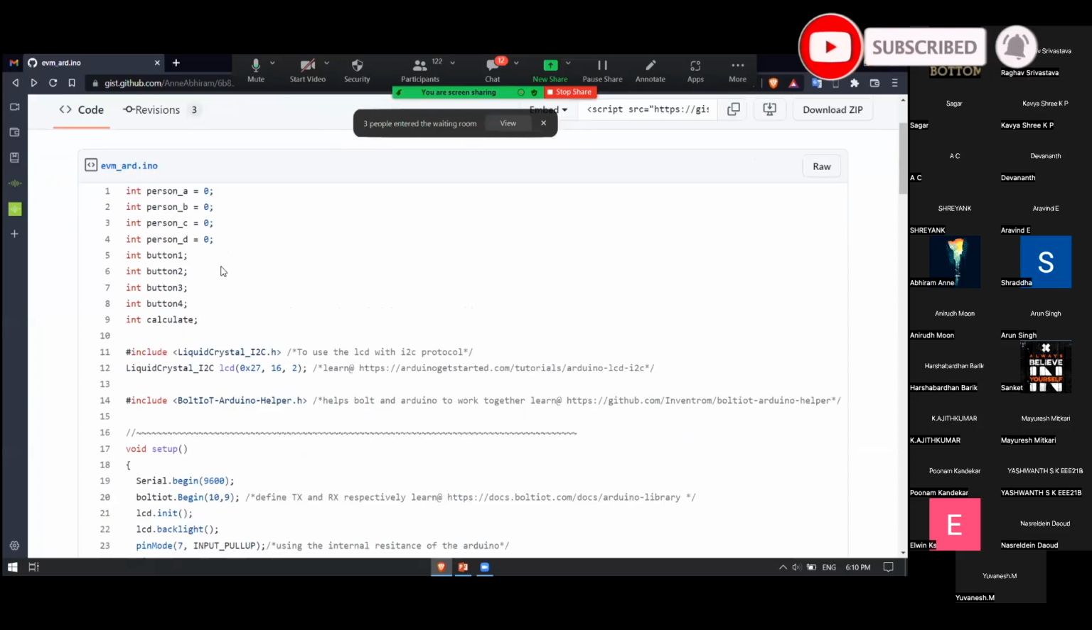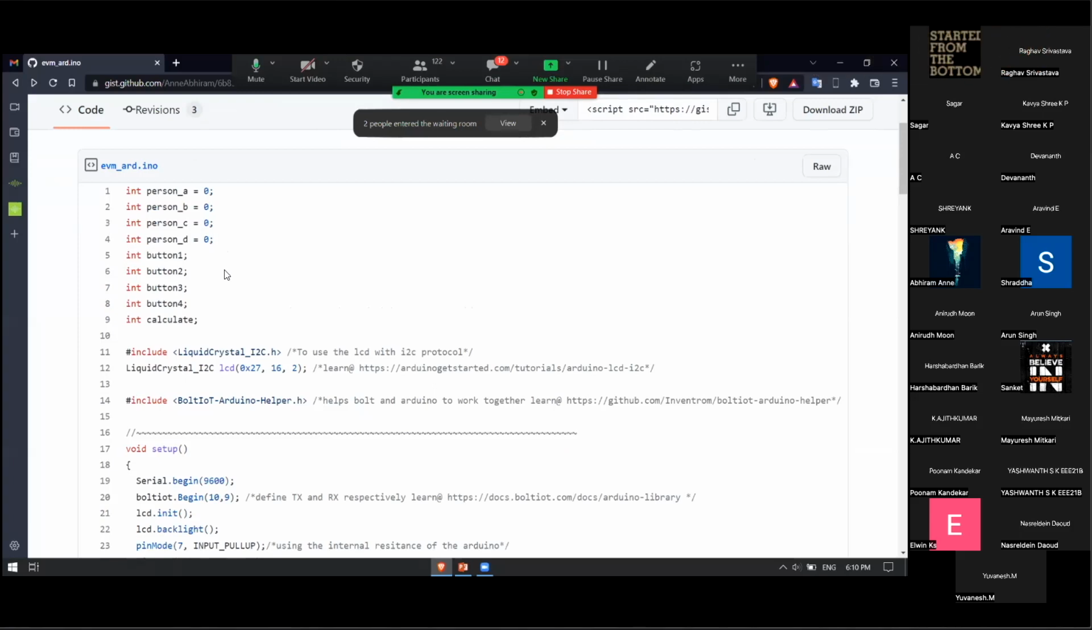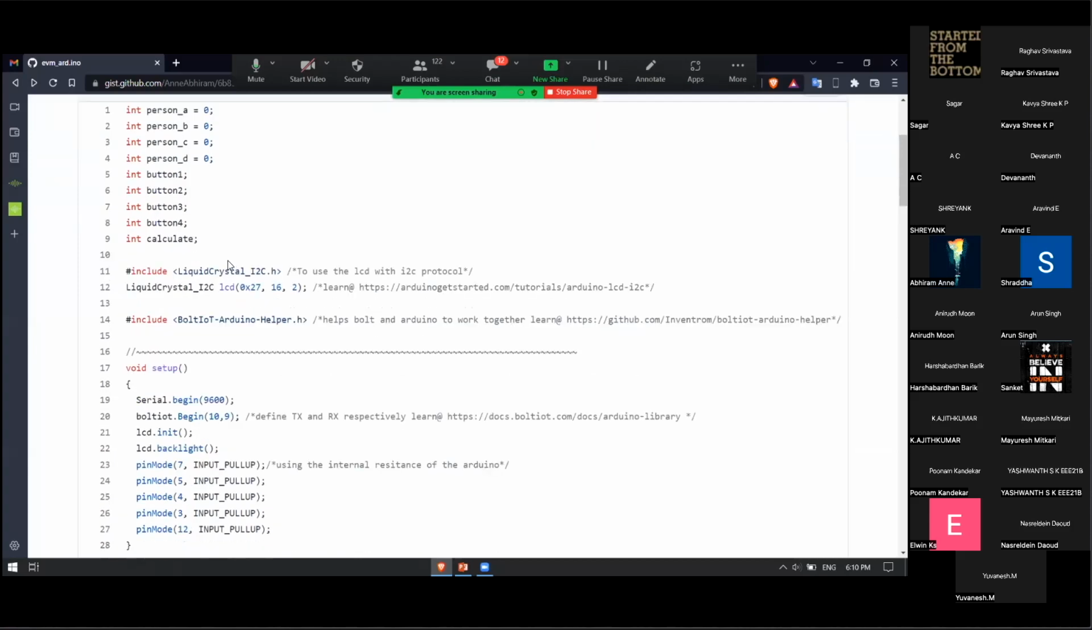It will compare the result, and then it will display it on the LCD module, and also it will be displayed on the Bolt dashboard. Now, the next part is the library for the LCD module. This is just the library for the LCD module to be used, which uses the I2C communication protocol